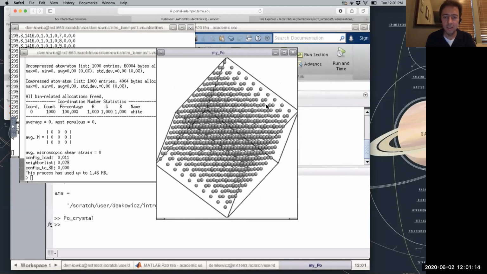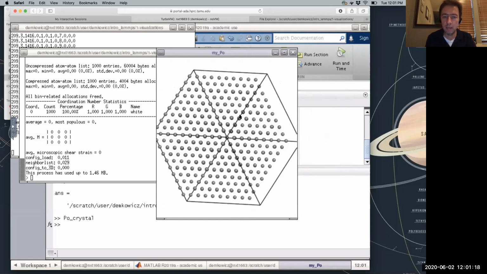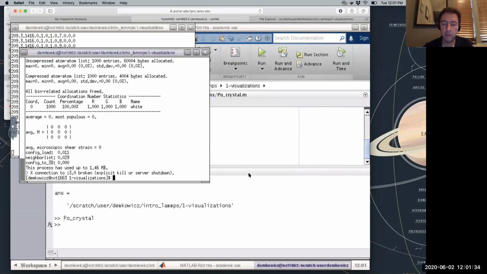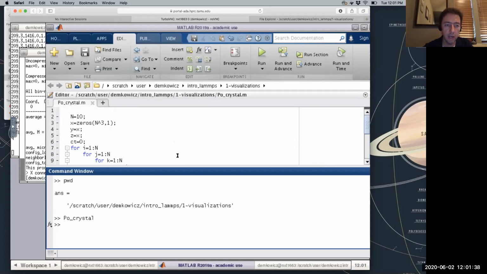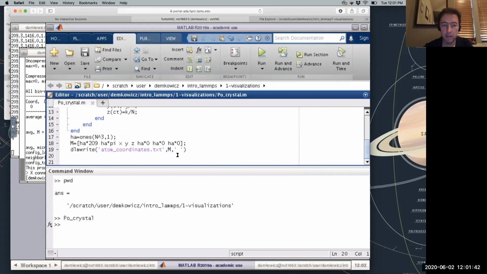Okay. So this is how you make models. If you wanted to make a more complex crystal structure, you would basically have to change the locations where you're putting the atoms. But this is basically how you would do it. All right. So a very, very simple intro to how to make crystal structures. And you can use LAMMPS, you can use anything you want. If any of you want, I can share this script with you.